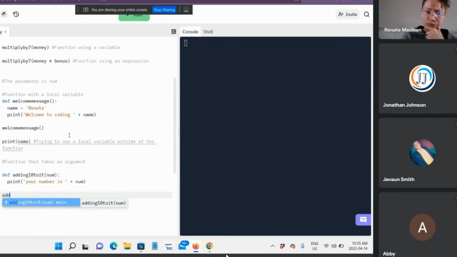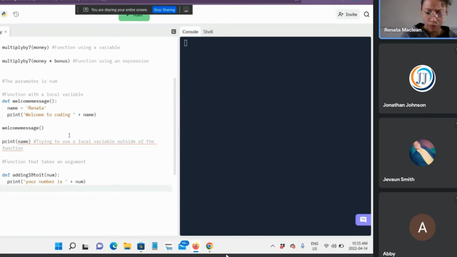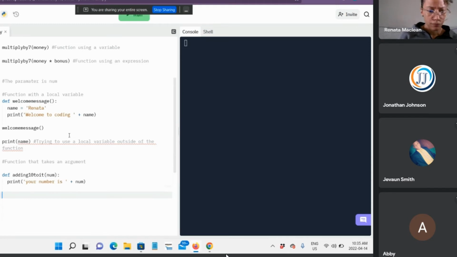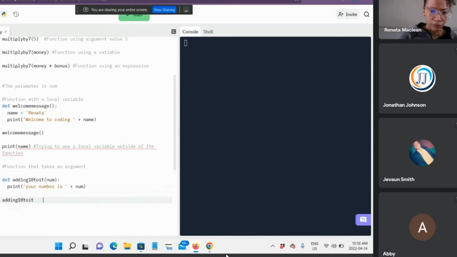So you have to go all the way to the left margin, all the way where the number, right beside the number 33, if that's where you want to start. All the way to the left, right? Just press the enter key. Yeah, that's fine. So you can type now, and it's fine because it's not in line with the print. The print is indented 4 spaces to the right, so that makes it a part of the function block adding 10 to it. But your function adding 10 to it will no longer be seen after you go to the margin. Perfect. So you can start there. And you need to give it an argument, because you did create a parameter called num in your definition, so you can't leave it empty. So you need to put a number there.